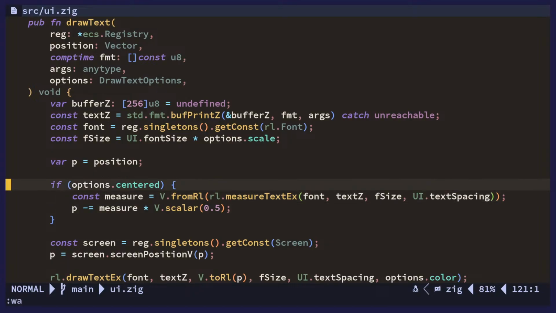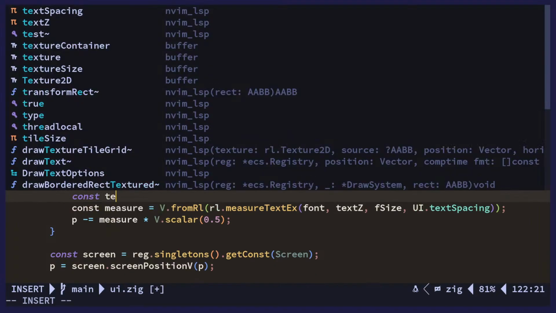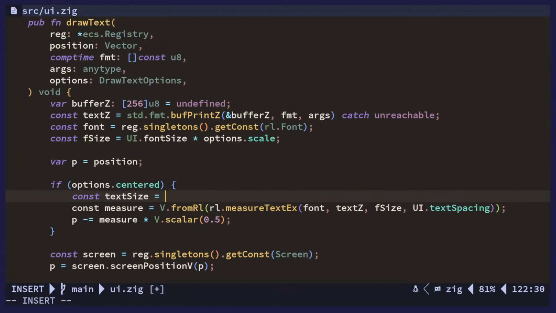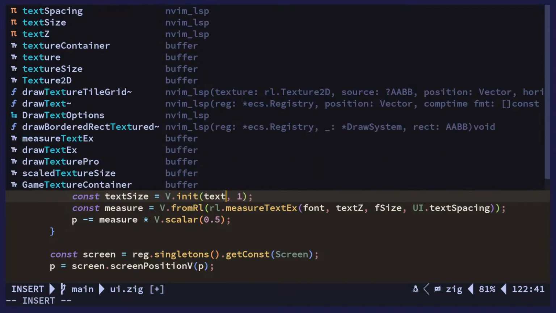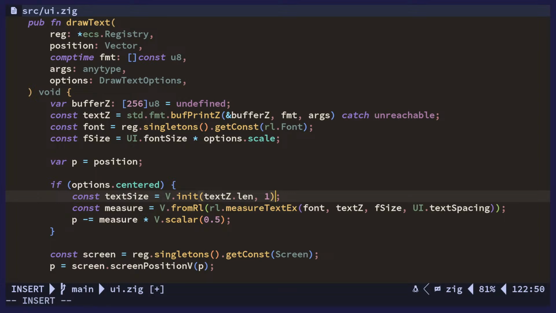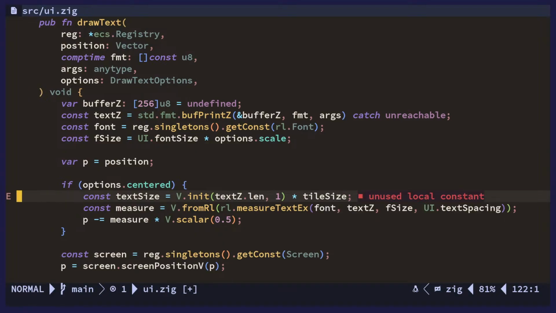So we can say the size of the text is going to be 1, y, and the length of this times the tile size, times, wait, yeah,